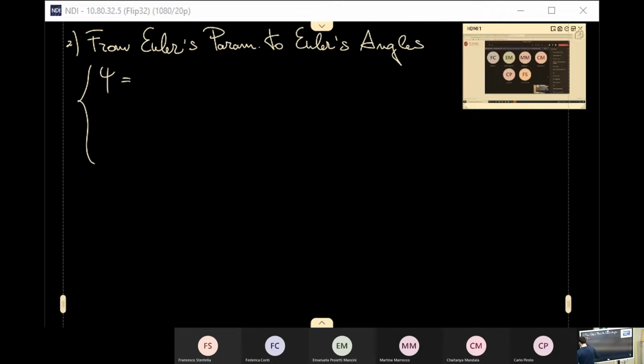So C is cosine to the minus 1 of 2 times theta 0 squared plus theta 3 squared minus 1. I'm just writing them down because they can be useful to you at a certain point, but all